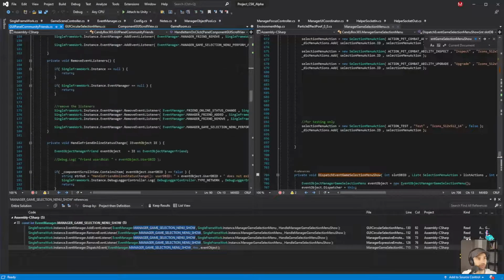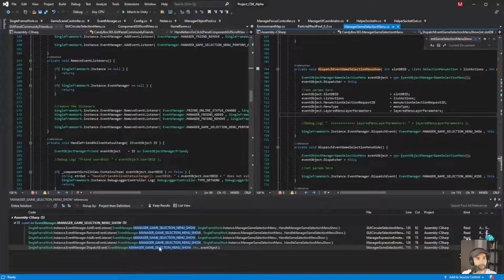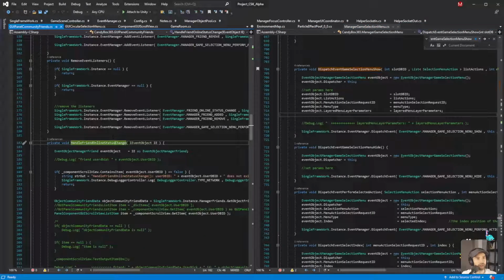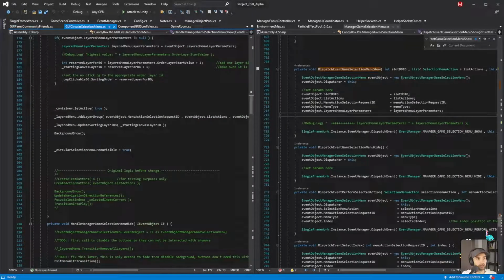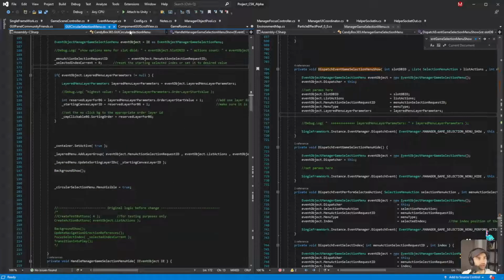Okay, so I don't remember where I added that if condition. That's a bit unfortunate. I do that sometimes. I really thought it was, okay, so it's not scroll view. It wouldn't be game room.